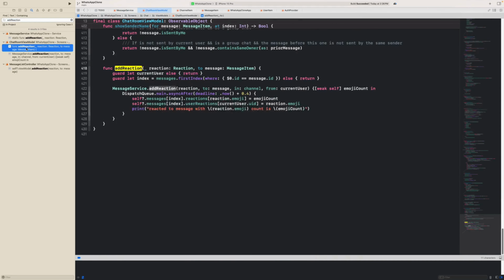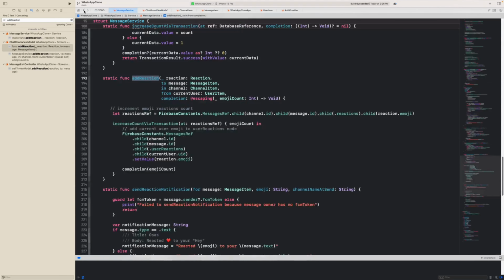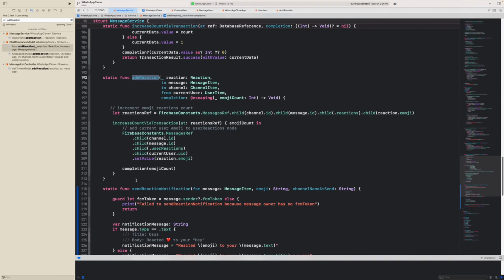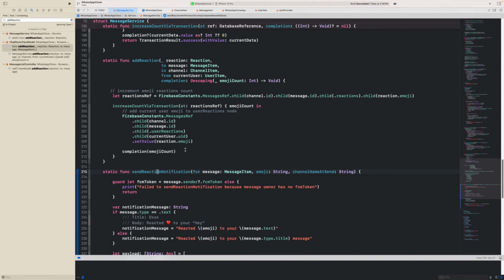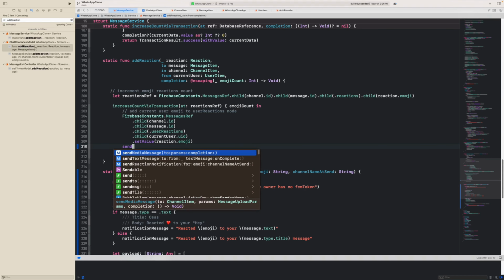And so if you jump here, you see chat room view model, message service, had reaction. So that's where we're firing it. So now all we got to do, let me go back here, is just call the send reaction notification method inside of this had reaction method. Before the completion handler, I'm just going to go right ahead and say send reaction